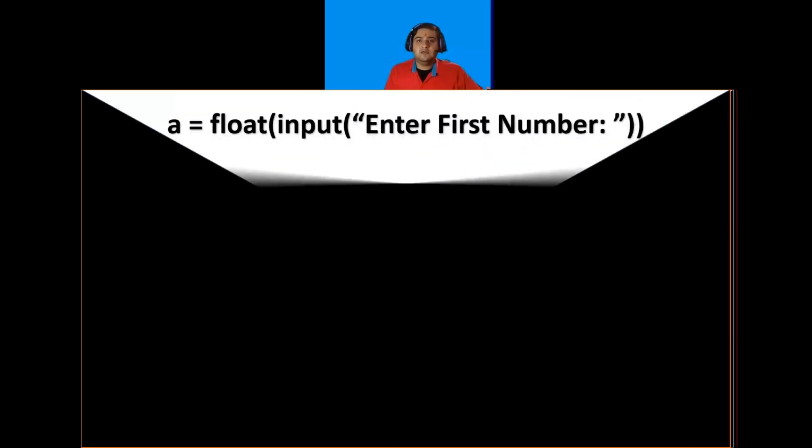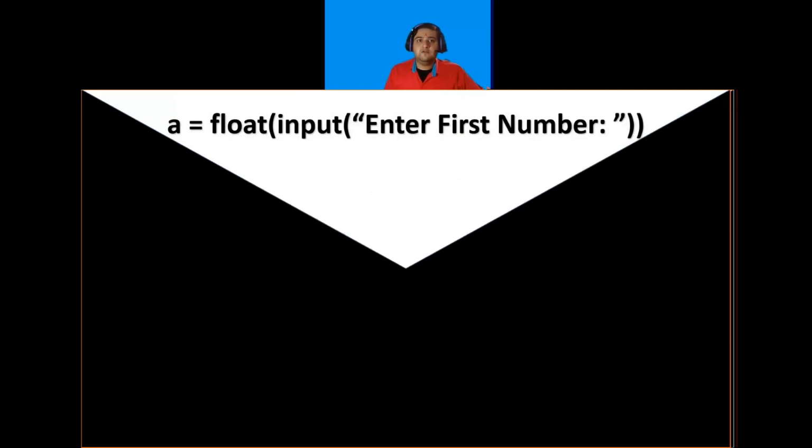For that, you have to use float instead of int. So a float value will accept both integer values and decimal values. For an integer value, it will simply convert it into decimal. So for example, if I enter the value as 2, it will consider it as 2.0 and not 2. So it will take integers as well, but in the form of decimal. So it is more flexible than int.